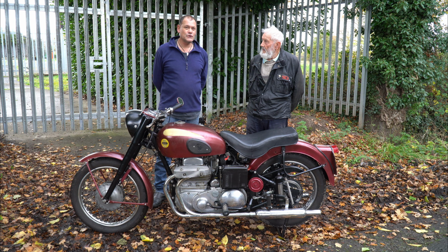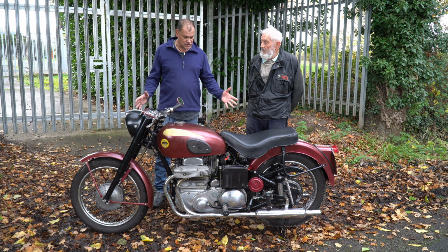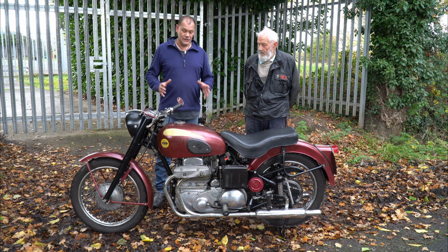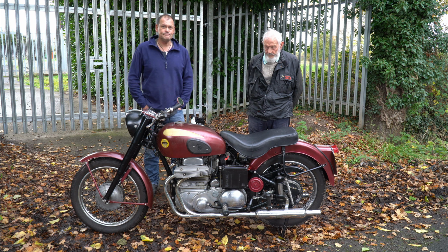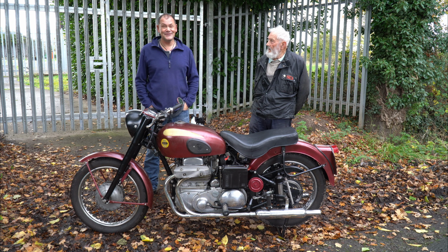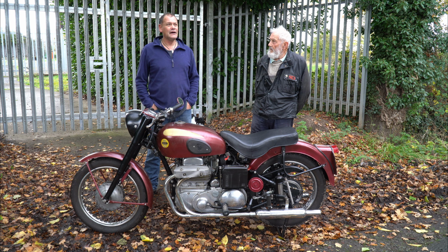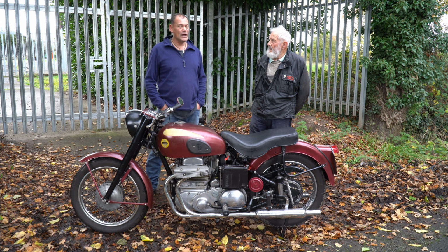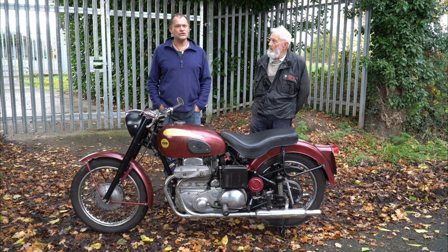So after 2 years, we took the frame, which was like a rolling chassis, up to Robin James, and they started assembling the engine. And then we got the call to say we could go and pick it up. Unfortunately, it was in the middle of the thing called the pandemic. So we had to wait till 2020